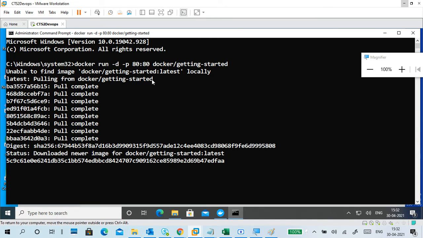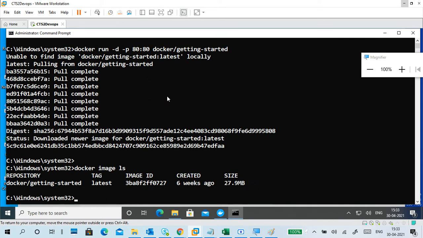Okay, so it is not showing anything. New image for Docker getting started latest. Okay, the image is downloaded. So you can go to docker image ls. Okay, so this is the image. If you create a container on it, then you can see the container also. That is running on port number 8080. A website should open, and it also says run, it means run only. Okay, we'll see that one. So Docker image and Docker containers.